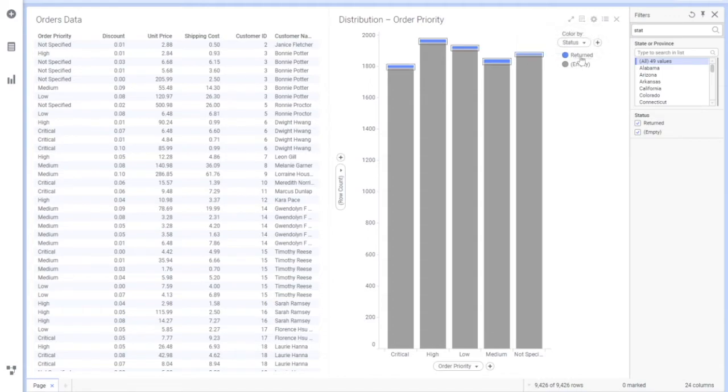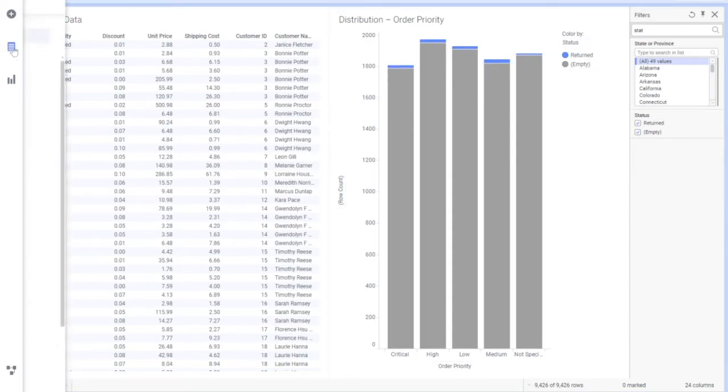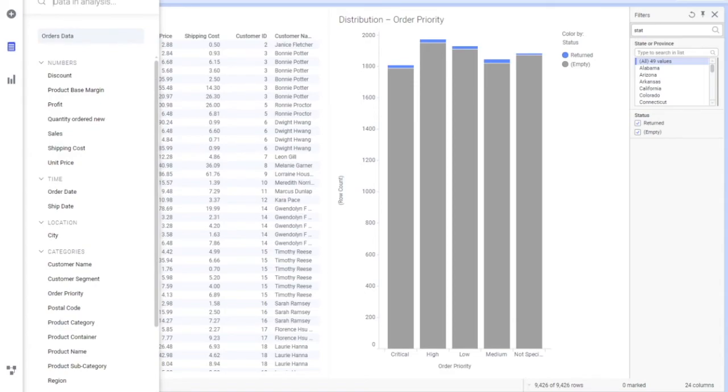So here you see that you have written an empty. You need to change empty to something else. Let's say return and not return. So empty should be named as not return. What I'll do is go to my data. Okay, data and analysis. So I'll just click on the second icon here.